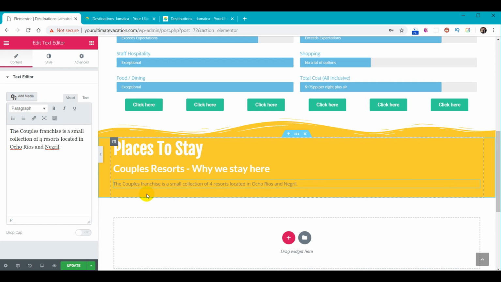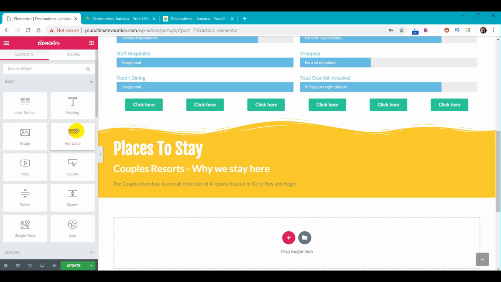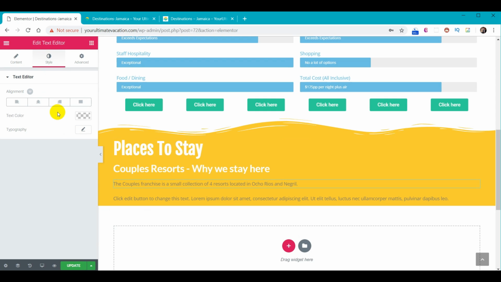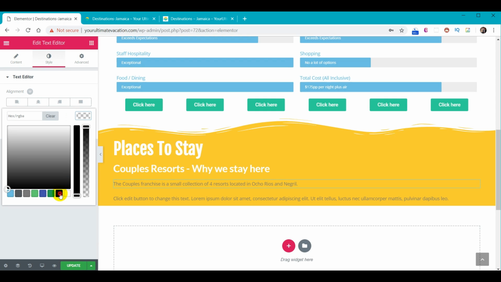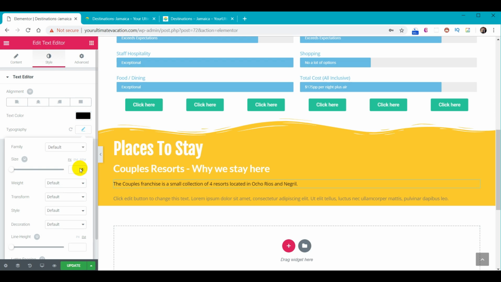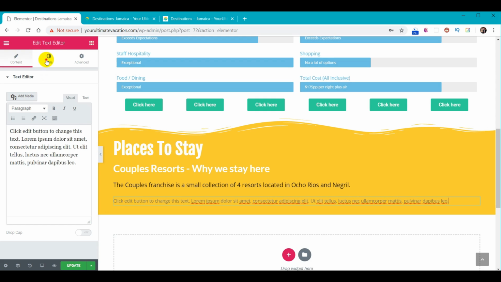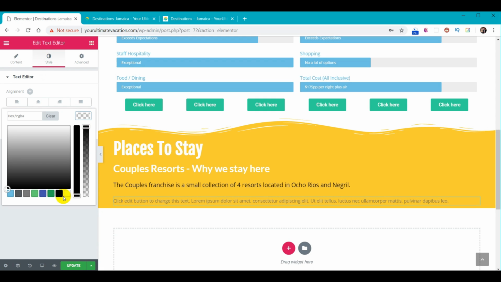And now we're actually going to need another section of text below that because we're going to put numbers next to it and show you how to do that. Let's go ahead and go back up here to Widgets. We'll put another text editor down here. And for the one that we started with, let's go ahead and go to Style, we'll set this to black. Close that. Typography, default font, but let's go with 18 for the size. And then we'll do the same thing for the one down here. We'll go into Style, Color Black,